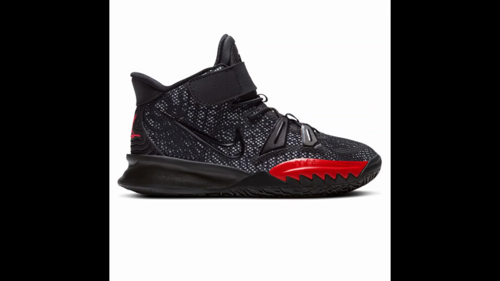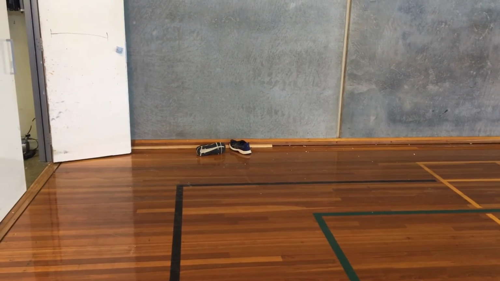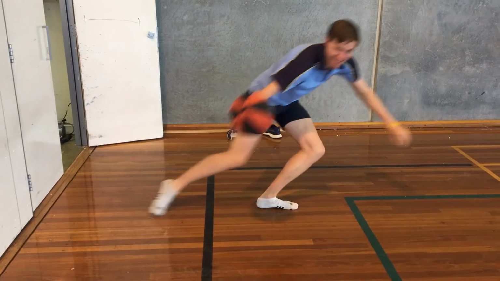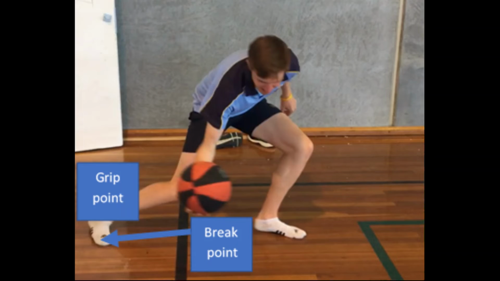To test how effective basketball shoes are at increasing the coefficient of friction between the surface and the bottom of the shoe, I tested what it was like to attempt at changing direction, wearing socks and then wearing shoes on a basketball court. As can be seen in this first video, there is a high amount of distance between when